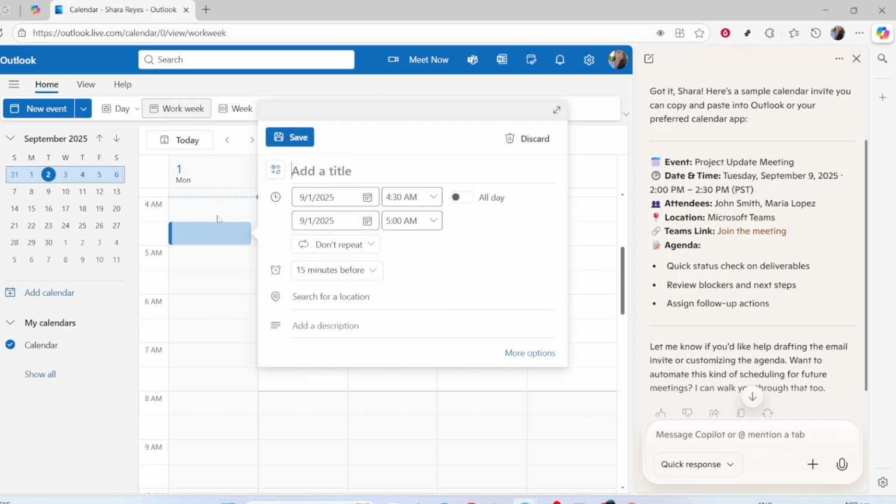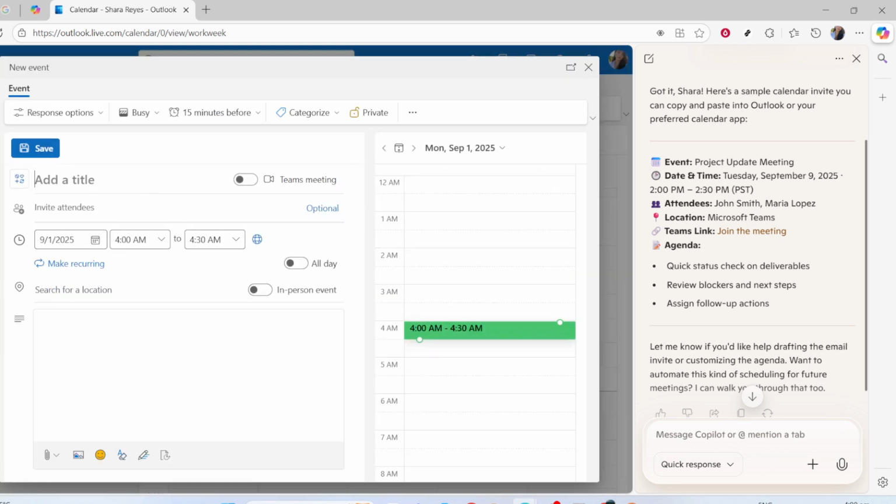By following these simple steps, you've successfully used the power of Microsoft Outlook's Copilot to streamline your meeting scheduling process. Whether you're managing daily appointments or coordinating with a large team, this method can greatly enhance your